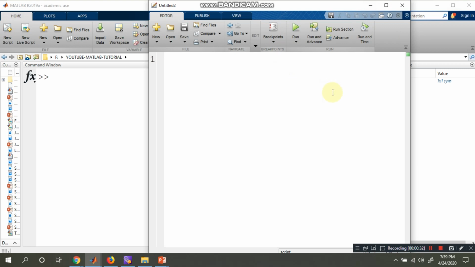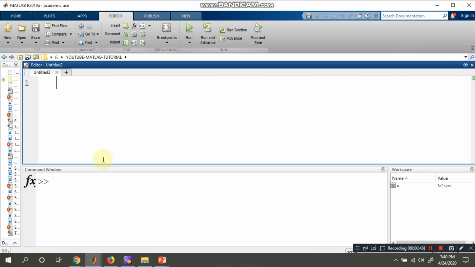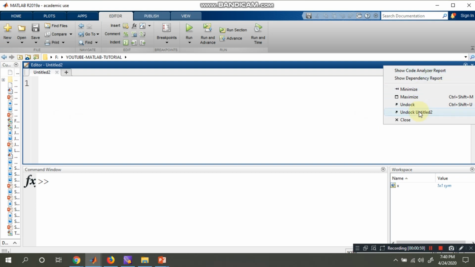And sometimes for some systems, observe here on the right corner, editor actions, Untitled 2. We have not given any title to this script file. Observe here, it is merged with the software itself, or you can separate it from the MATLAB software.